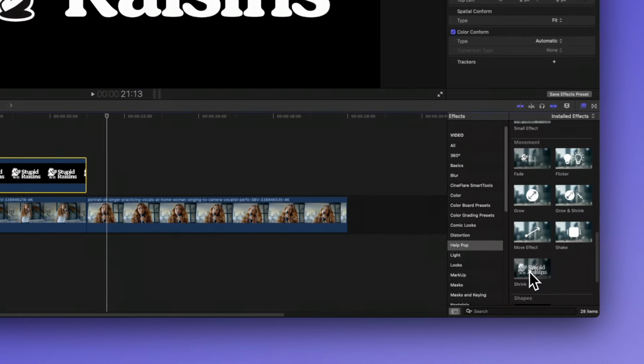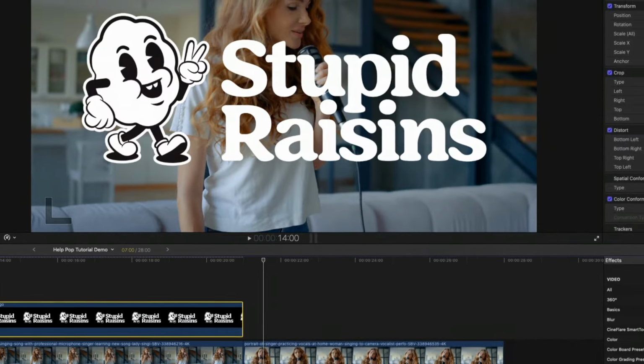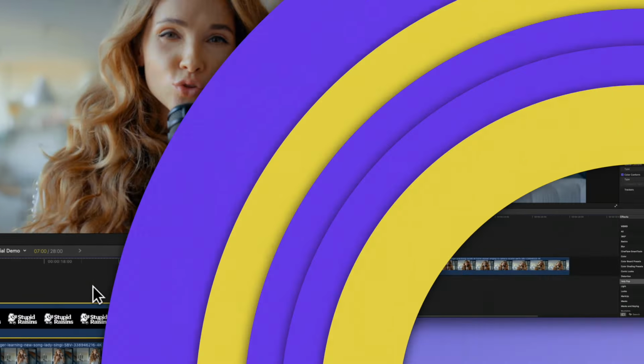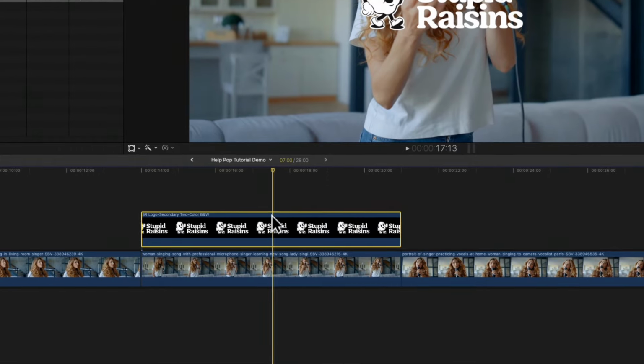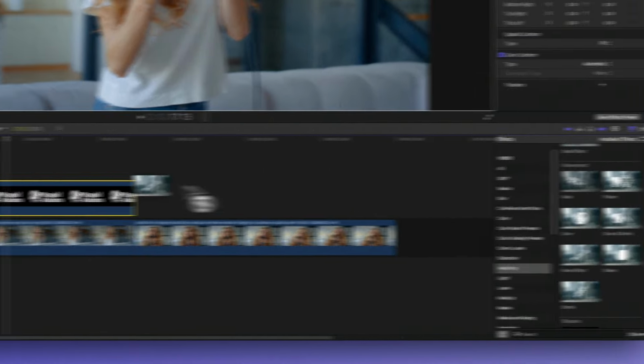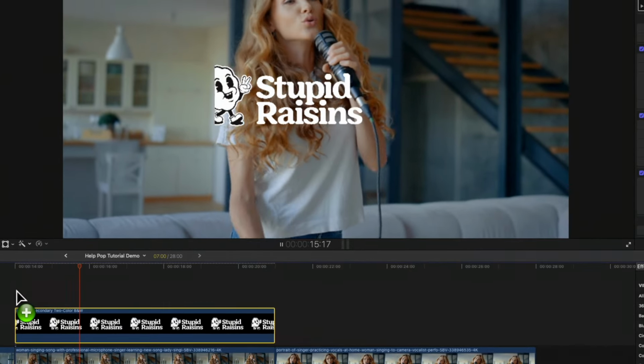And if I want it to just shrink, I'll add the shrink only effect. And now it starts off normal and then ends with an out shrink animation. Next, let's play with the move effect. I have my logo here in the timeline and I've made it smaller. I'll add the move effect to my logo and you'll see that it moves from one point to the other